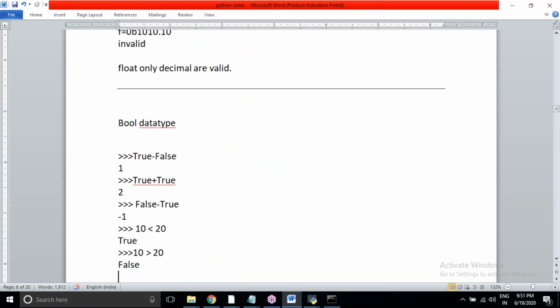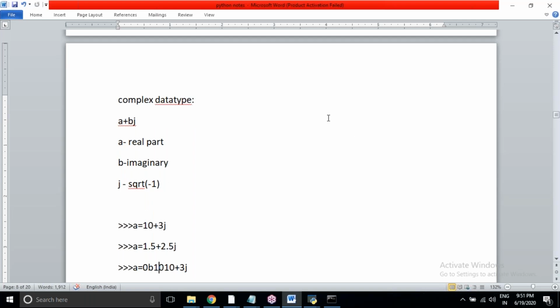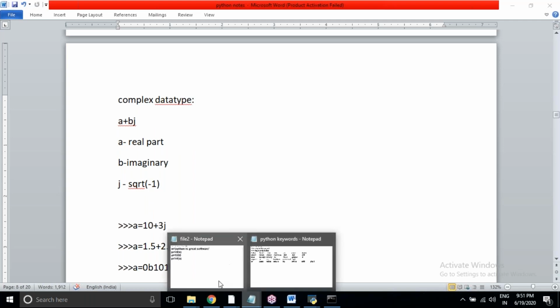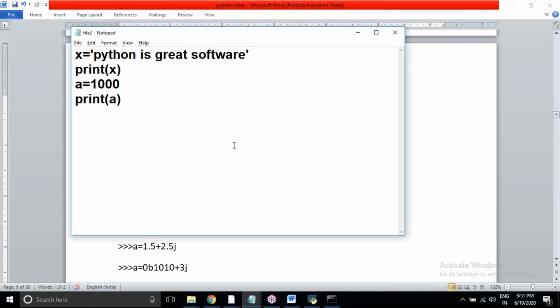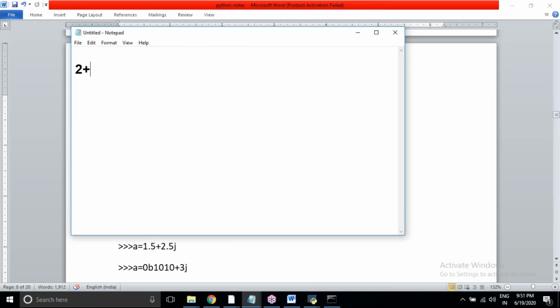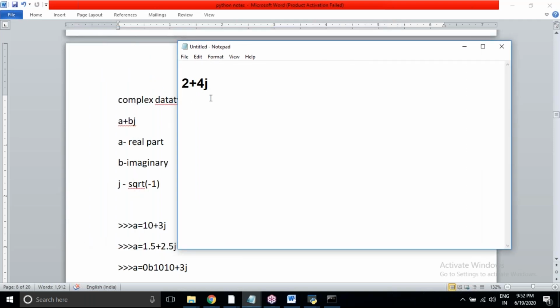For example, if I say 2 plus 4j, or if I say A plus Bj, then A is called the real part, B is called the imaginary part, and j means the square root of -1.